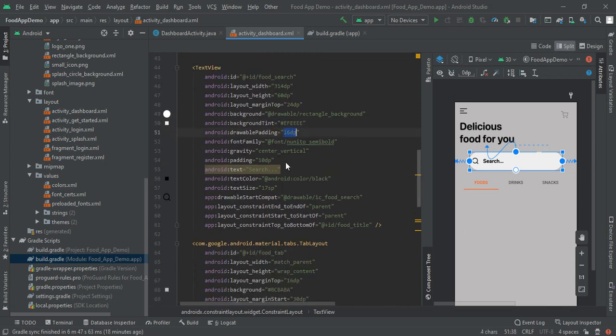And do one thing, I will add this code in the link which I will provide in the description, so you can find the source code of this in the description.